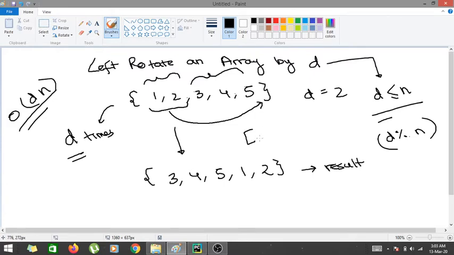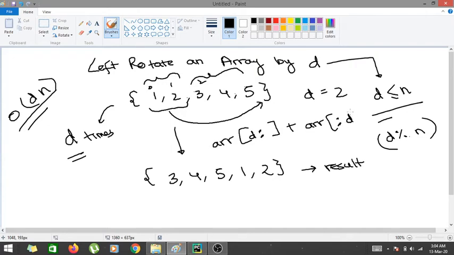So what I would be doing, I would be starting from the dth index, that is, since d is equal to 2, and the indexes are 0, 1 and 2, I would be starting from the dth index. I would be going till the end, and this would be my R, and I would be concatenating the list from the first half, that is, it would be R of starting, there would be a colon here,